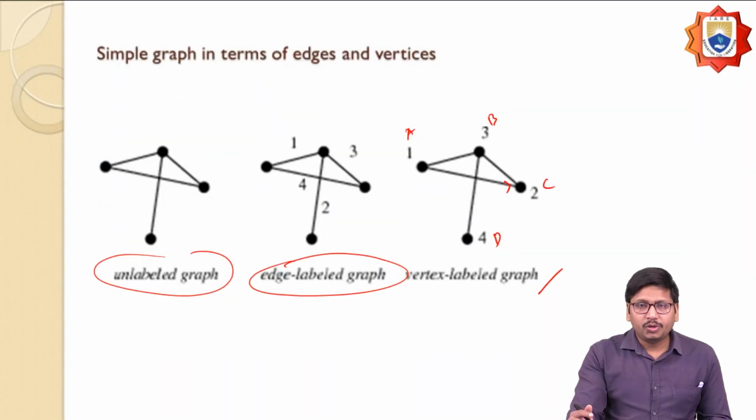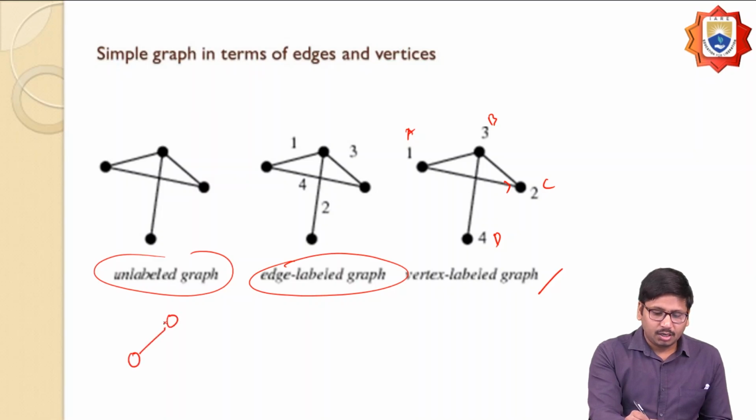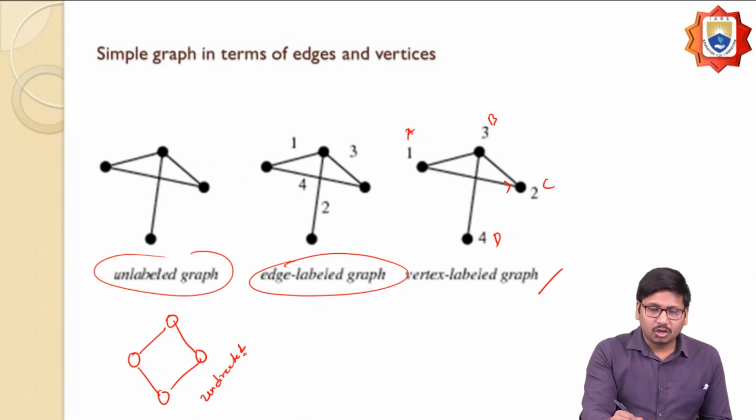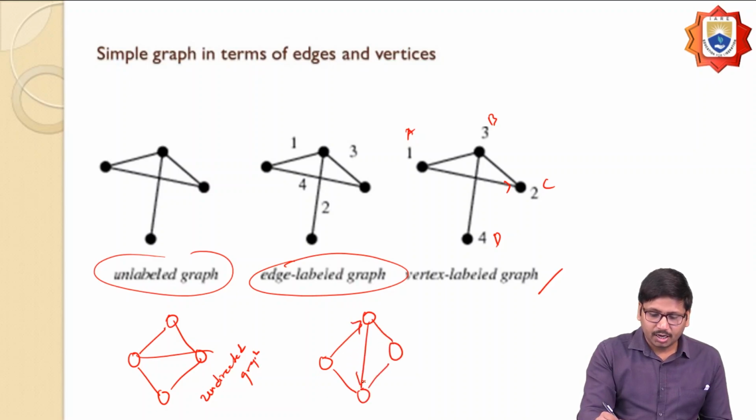So normally you are going to have different types of graphs as well, like the undirected graph. That means the edges are not going to maintain any kind of directions. And similarly, whenever the edges are going to have directions, then I can say it is a directed